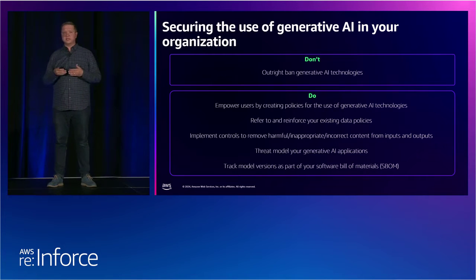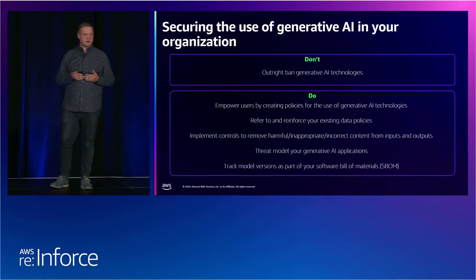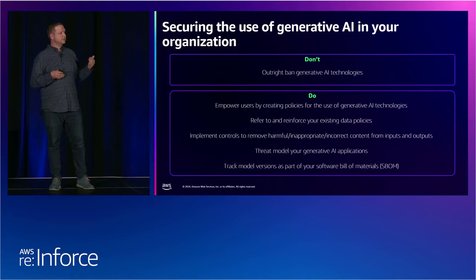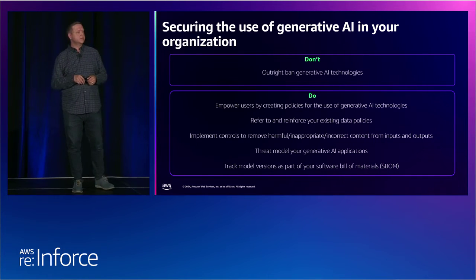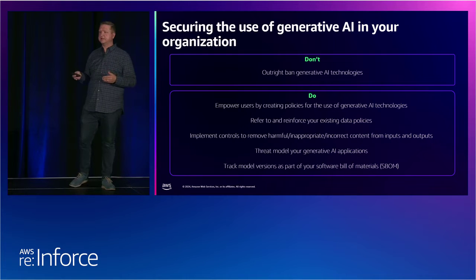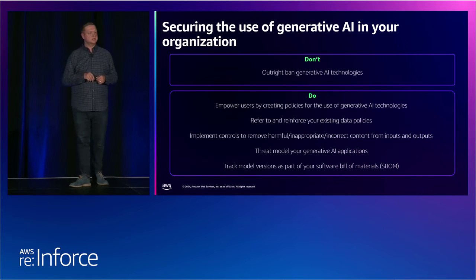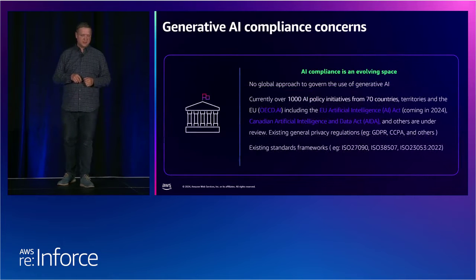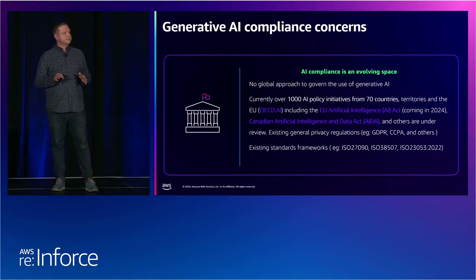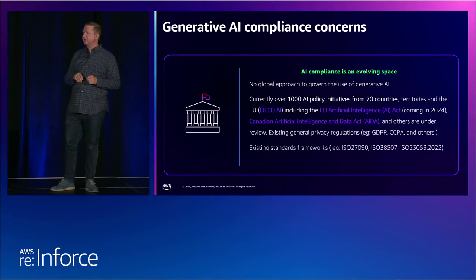Also, make sure you understand and reinforce what your data policies are, and where your controls are. Where are you looking at this? We also think about model versioning. Models don't stay static. They change, and they may change rapidly. But understanding how those changes impact your inputs and your outputs is really important when you start building in the higher-end scopes. The key takeaway from this slide, obviously not going to just read the bullets on it,